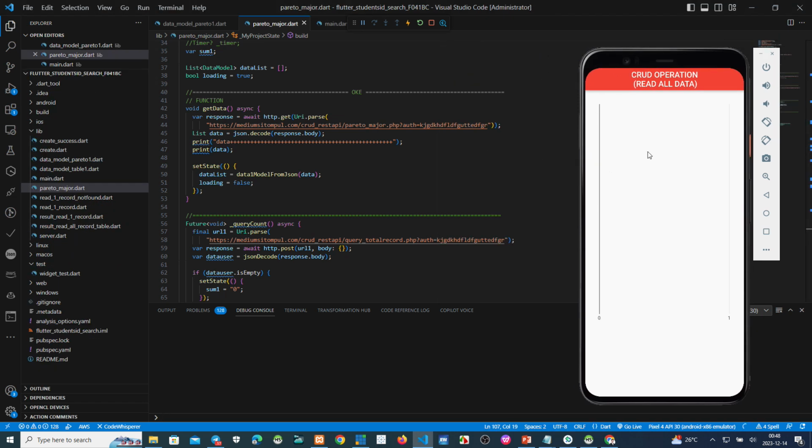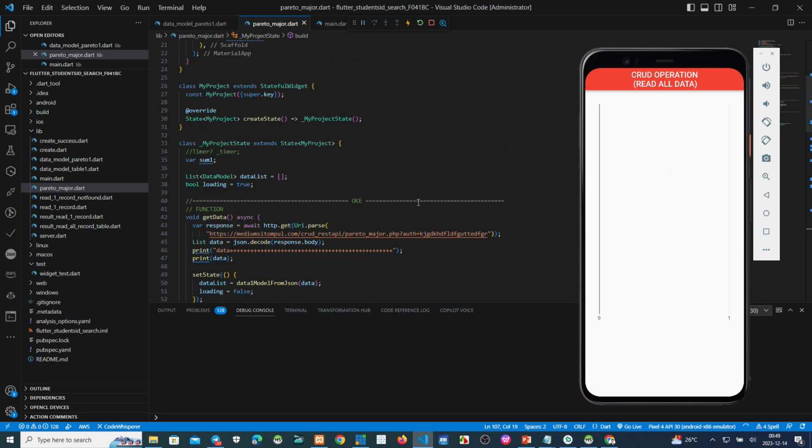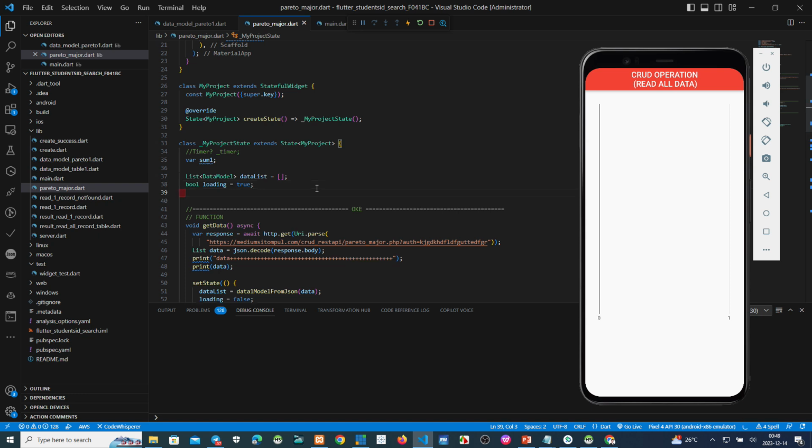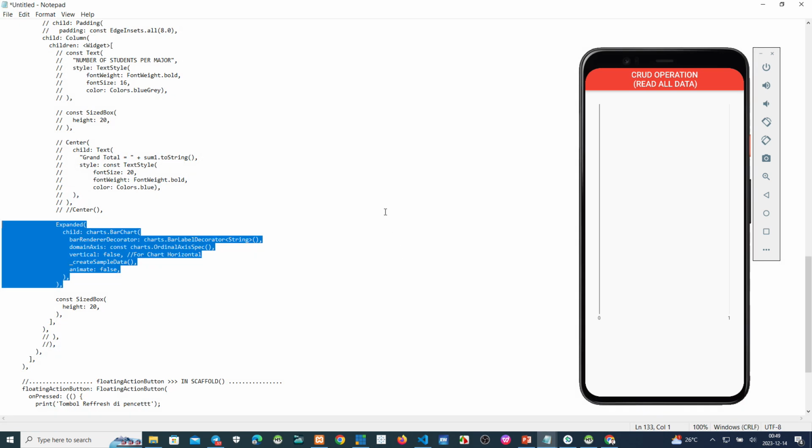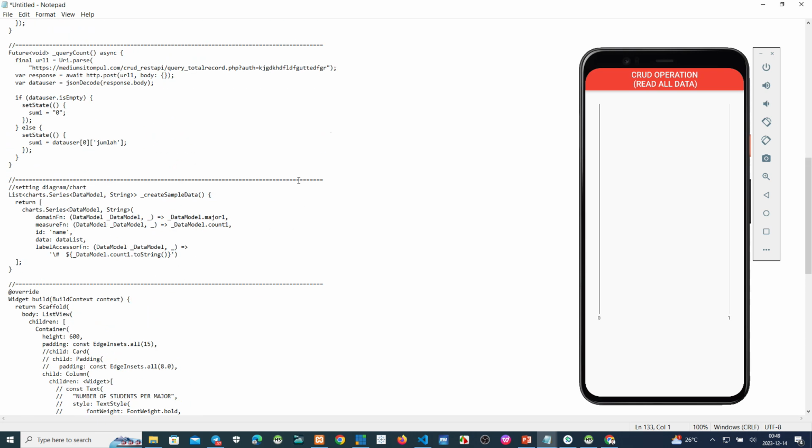Why can the result not be seen on this virtual device? Because we cannot run this function first. We must make an initial state, we must run this function by using initiate.